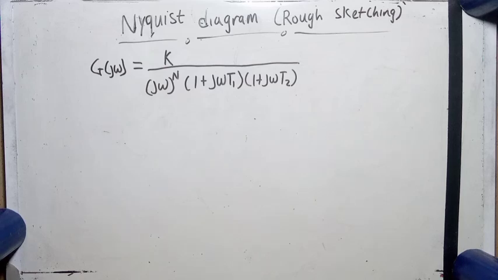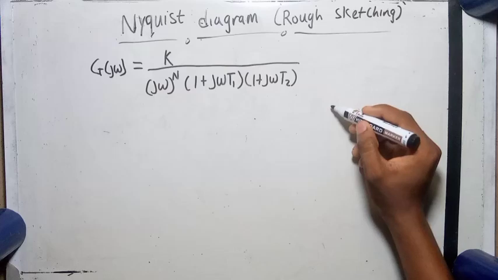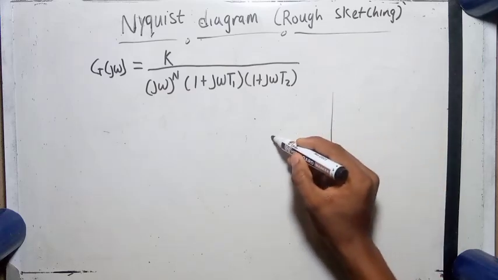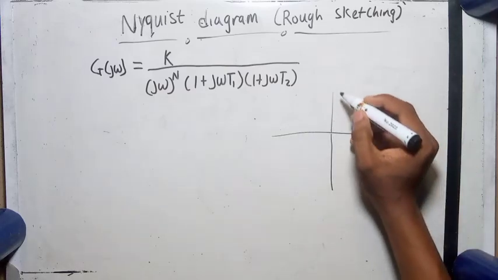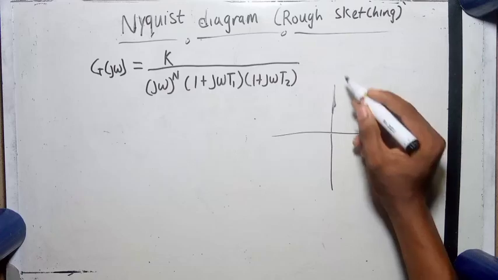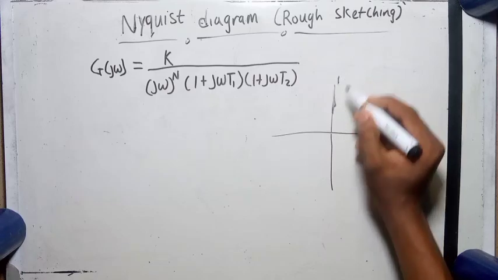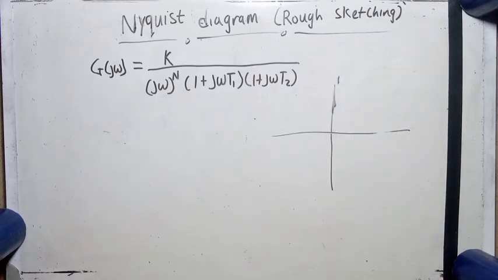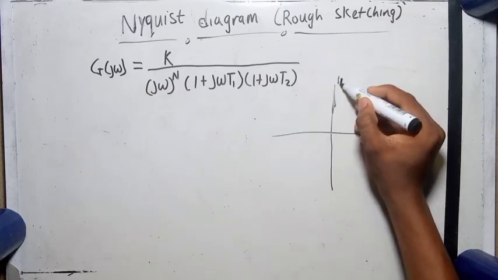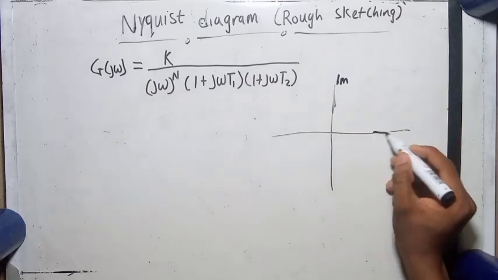Okay, now our Nyquist plot, in case we don't know, I've stated it in one of our videos, it's actually a polar plot where your y-axis is now an imaginary axis,